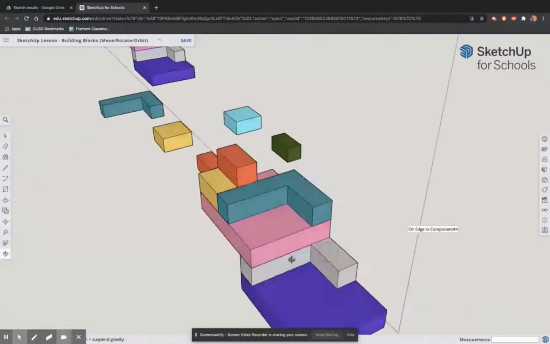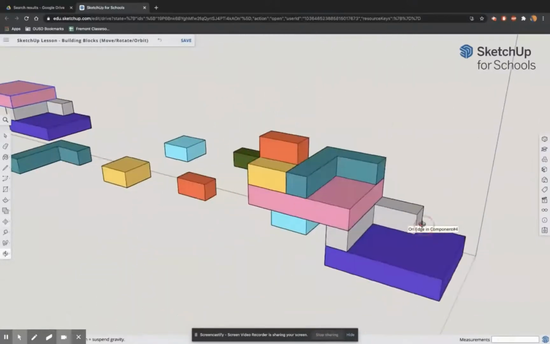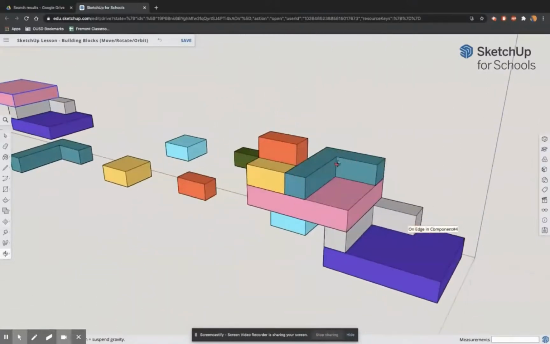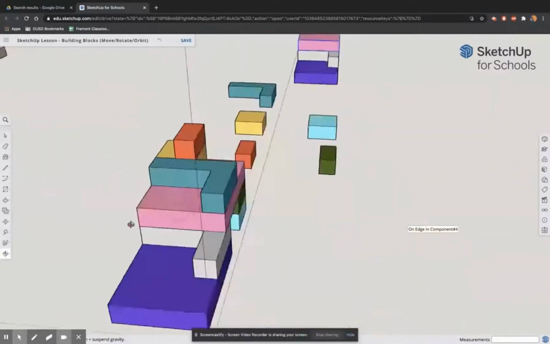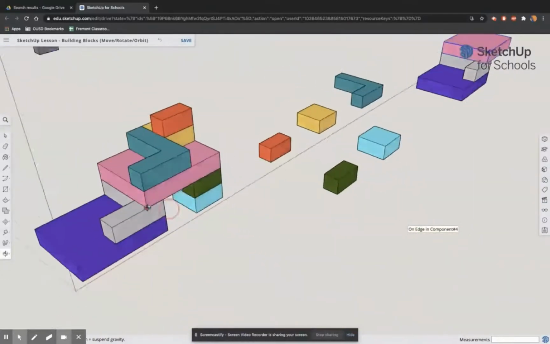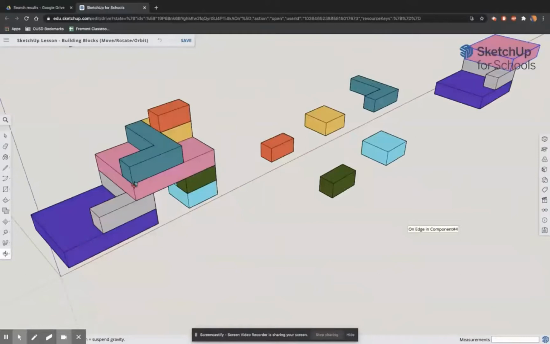I'm going to orbit this around just to see where the connected points are at. Notice now I have this greenish teal color on top, and the connected point is the upper left corner right here of the pink block. Therefore, I can grab this teal light color from the bottom left-hand corner and connect it to the upper left-hand